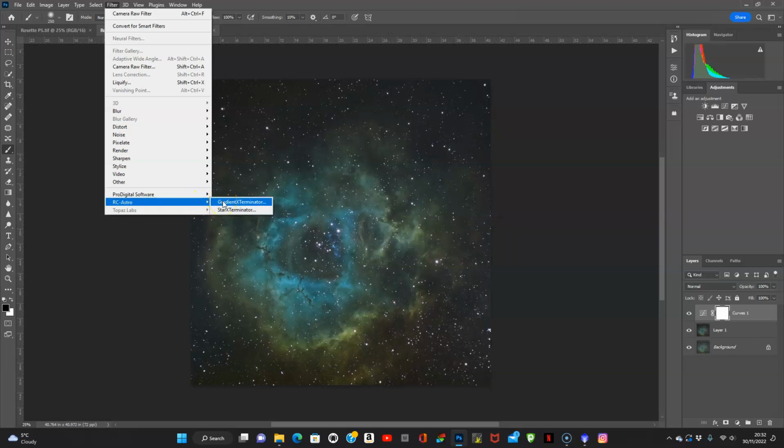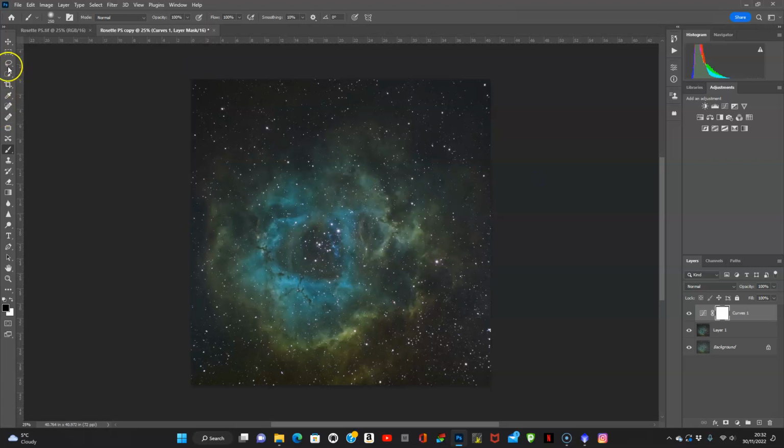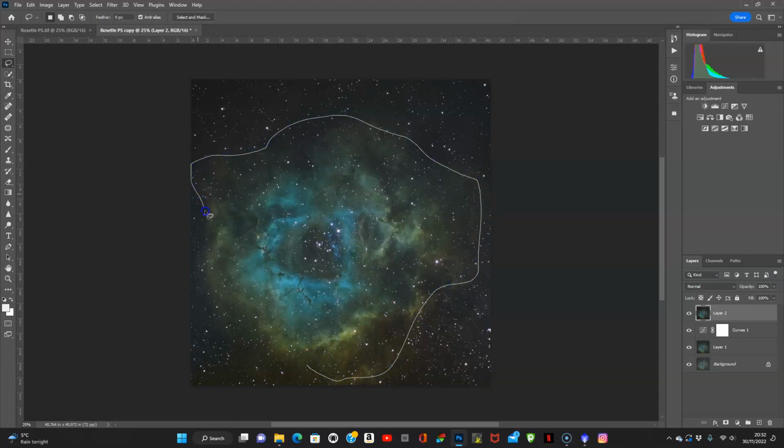This is an amazing piece of equipment. I'll show you what this does if you don't have it already. Gradient Exterminator. So what I'm going to do is do another layer here. So Control Shift Alt N for a new layer over here. And then I'm going to take the lasso tool and I'm just going to draw round about here. Okay, you see the marching ants. Go to select and I'm going to inverse,